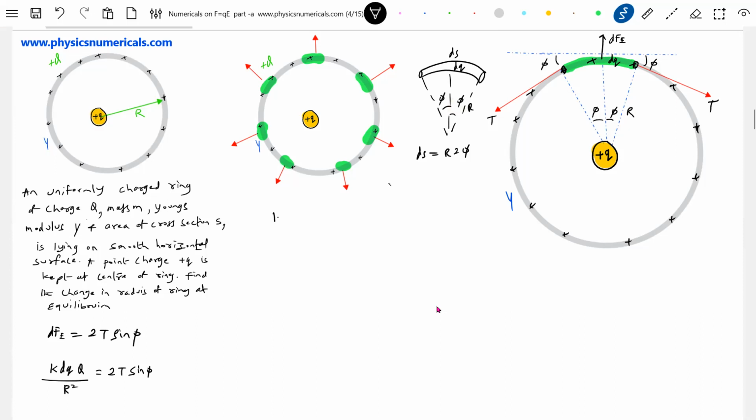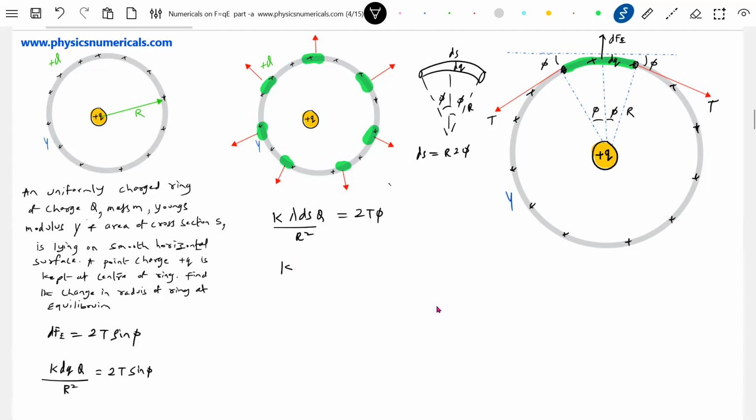So further this will become k, and dq should be equal to lambda into ds, times q over r square, equals 2T sin phi. As this elemental arc subtends a very small angle, phi will be very small. So sin phi will become phi. Okay, let's come to this one. What is lambda? Lambda should be Q by